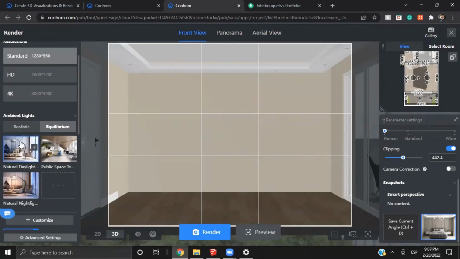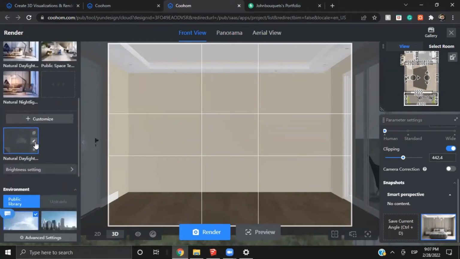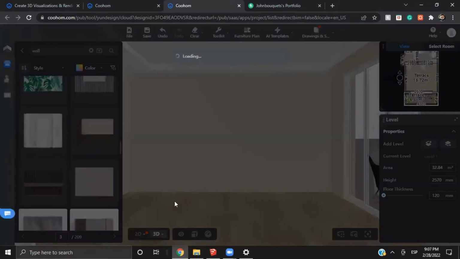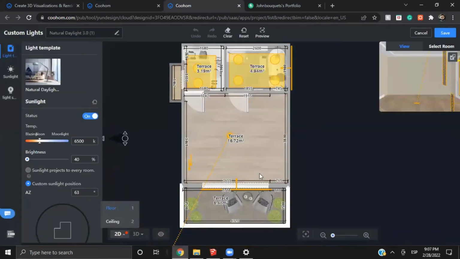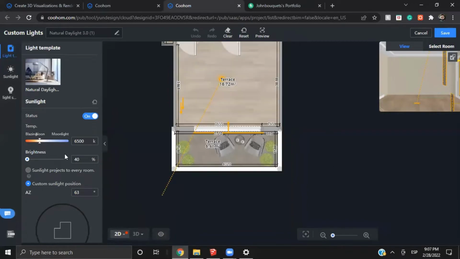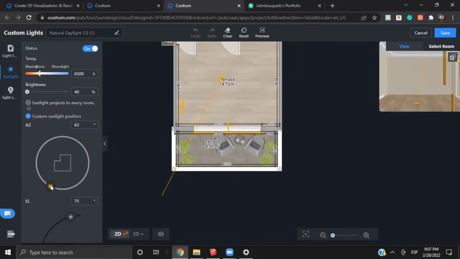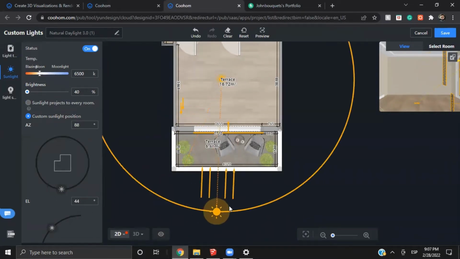The first thing that I wanted to explain is the sun, all right? The sun in Coohom is a very, very useful tool. You have to understand that this is the sun right here, okay? We have it here. Right now it is at 63 degrees and 75 degrees height. We can move the sun and this will make the sun shade or the sun shadow move as we move